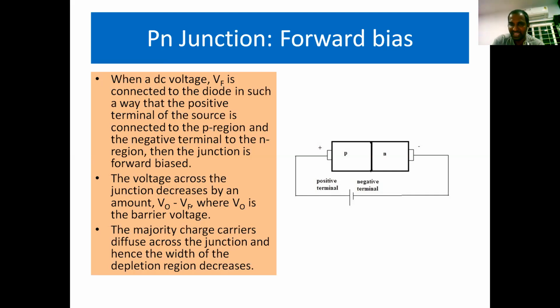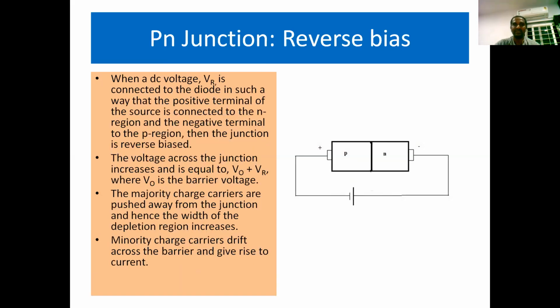Let us see what happens here. In the p-type semiconductor, majority charge carriers are holes. Those are connected to the positive terminal. You know, like charges repel. That's why the holes drift towards the junction. In the same way, the n-type semiconductor contains majority charge carriers that are electrons. Such a negative charge is connected to the negative terminal of the battery. Again, like charges repel. That's why the electrons present in the n-type semiconductor move towards the junction. So holes and electrons are moving towards the junction. As a result, the width of the depletion region decreases. At one stage, the forward voltage VF is greater than the barrier voltage represented with V0 or Vb. Flow of current will take place.